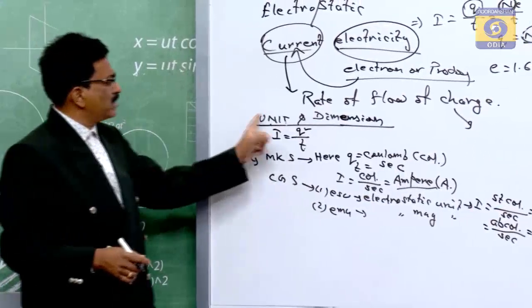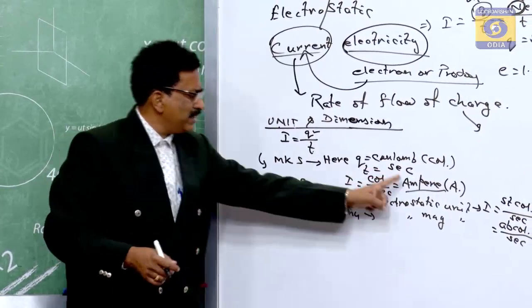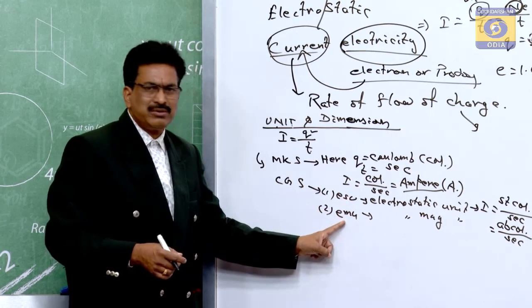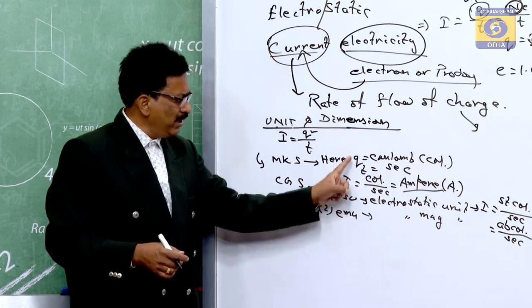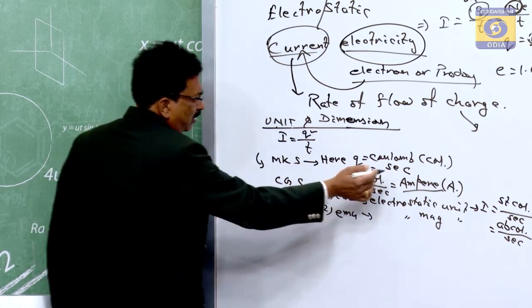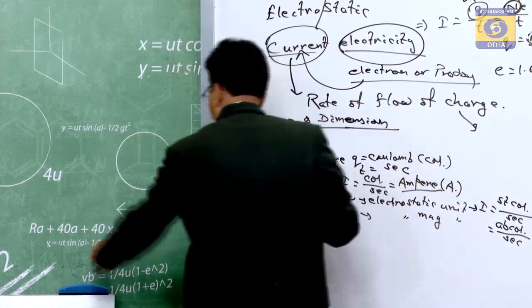So, these are the units of the current. In the MKS system, that is the ampere. In CGS, there are two types: one is the ESU, and the second one is the EMU. So, there are also relations among them. If we want to find the relation between the ampere and the statampere,